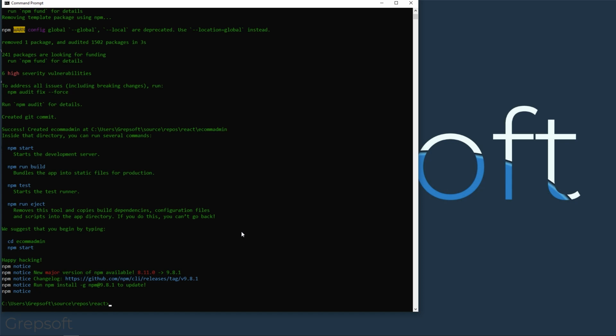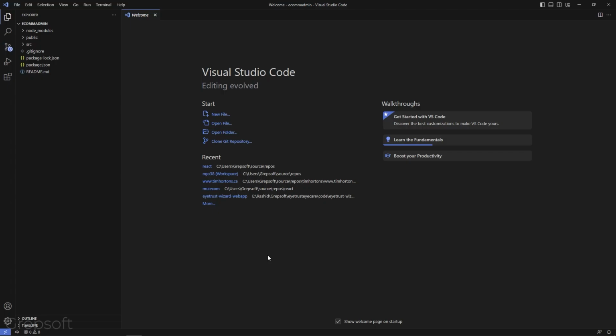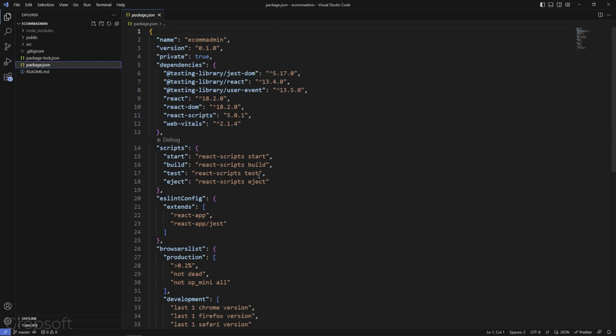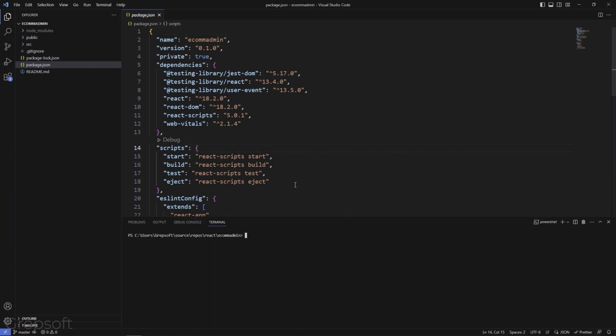Alright, with that done, we're gonna fire this up in VS Code. So we're gonna do this like so. Now the other thing we'll do is go ahead and install the dependencies that we need. So I'm gonna come here to my package.json and I'll say npm install, and we are gonna install Axios and React